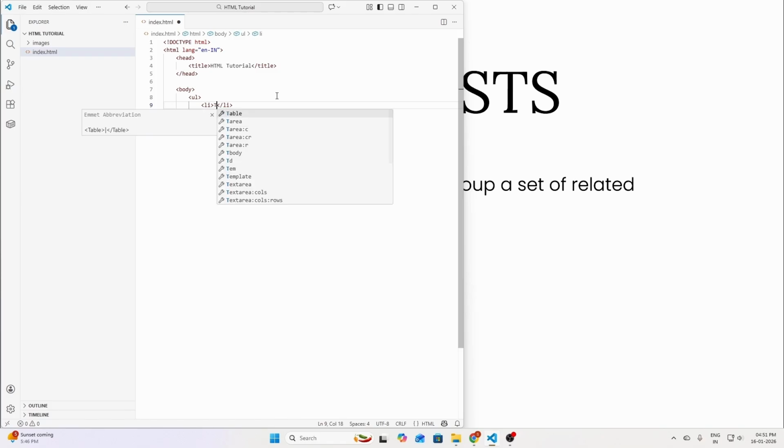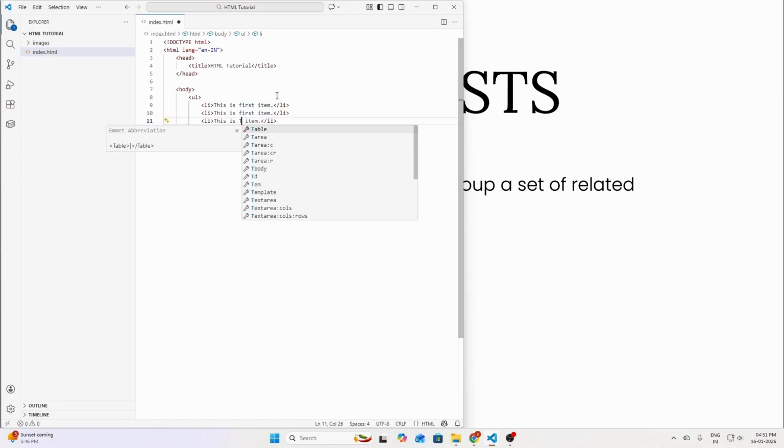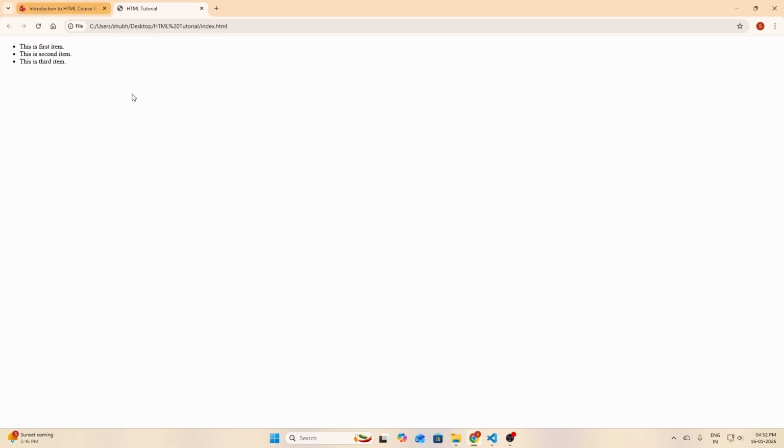So let's write "this is first item", and let's copy it for the second and third items here. So let's say "this is third item", and this is second item. If we now save it and open the index.html file in our web browser,